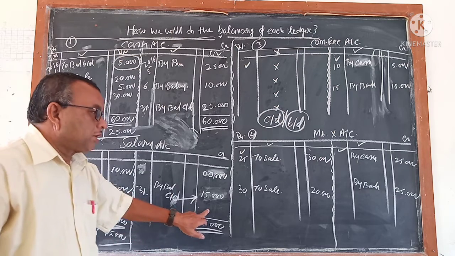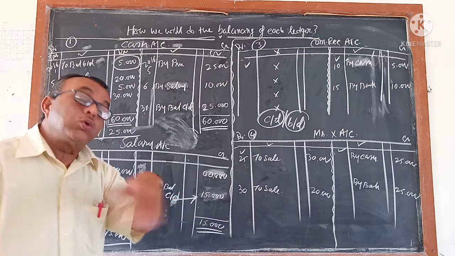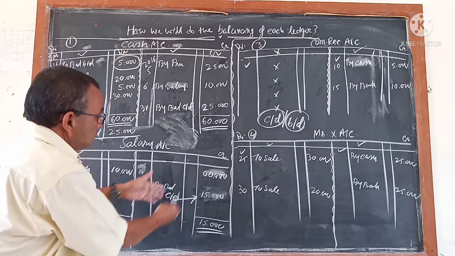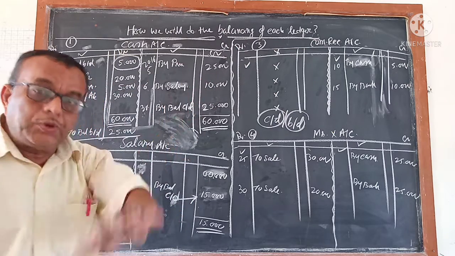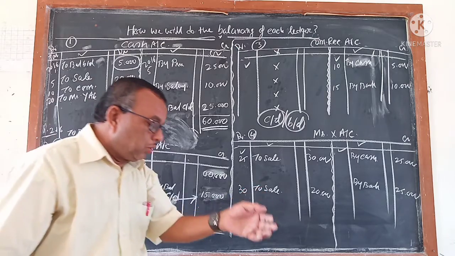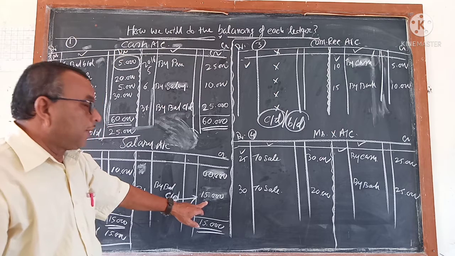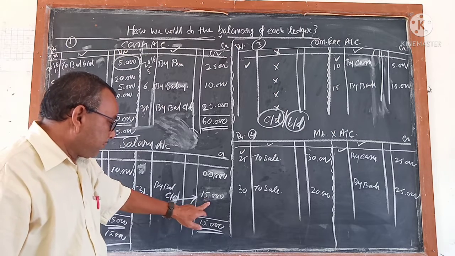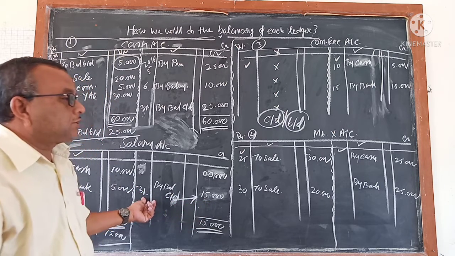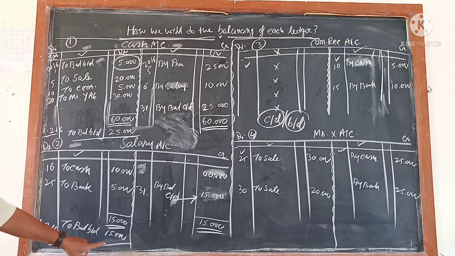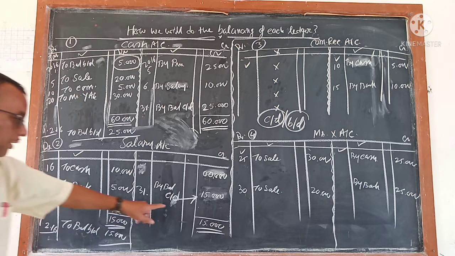Second step, which side is less? I told which side is less. You don't think every time this side will be less. ये दोनों में दोस्त ये साइड में लेस हुआ, कभी कभी उल्टा भी हो सकता है. इसलिए I will tell you which side is less. This side is less. So find out the balance. How much is less? 15,000. And write last date of the month by balance CD 15,000. And same balance will come in the opposite side below the total next date. That is CD. That is BD.